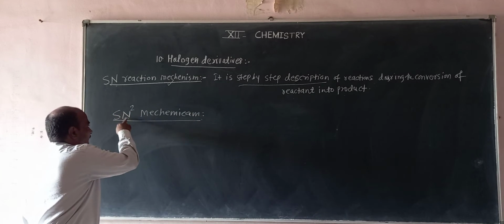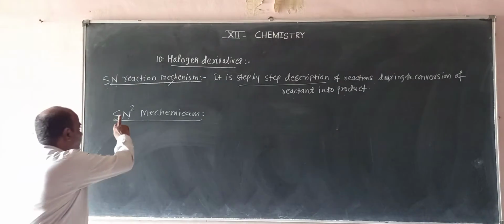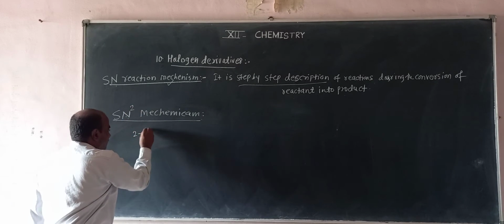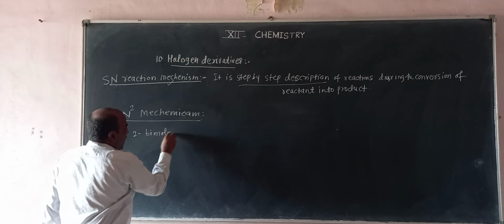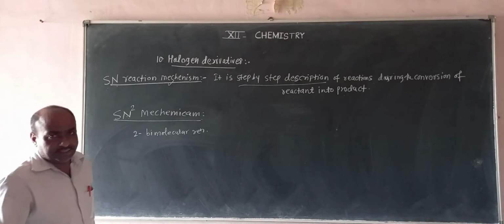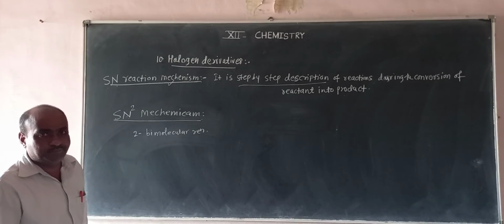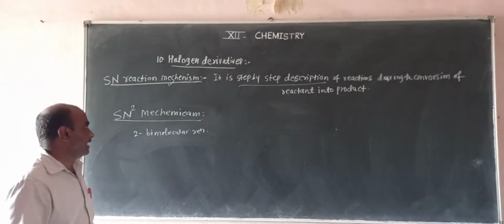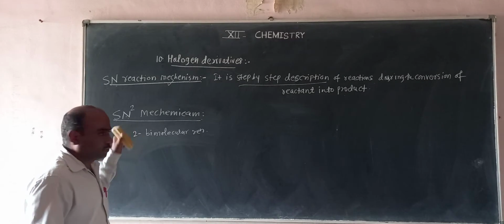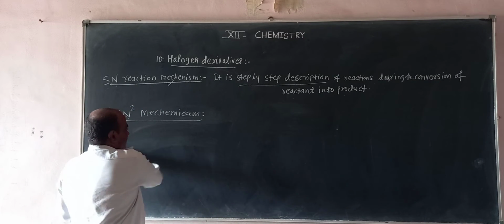In SN2 mechanism, S is substitution, N is nucleophile, and 2 stands for the reaction being a bimolecular reaction. That is, if the rate of the reaction depends on the concentration of the two reactants, or both the reactants participating in the reaction, then we use the letter 2. So an example of the SN2 reaction mechanism is